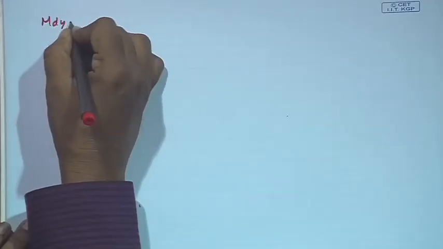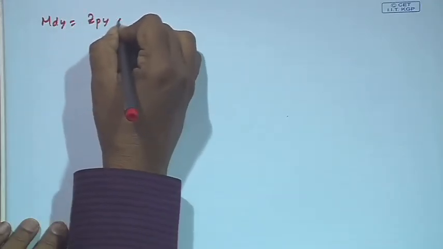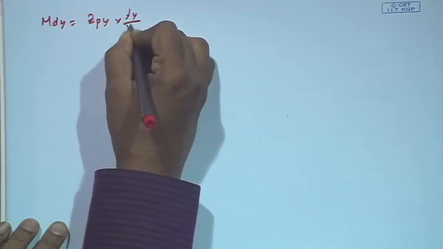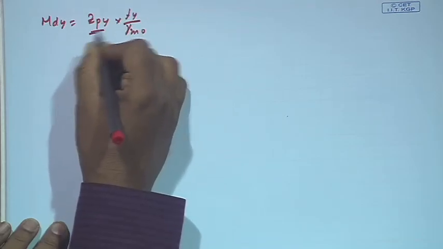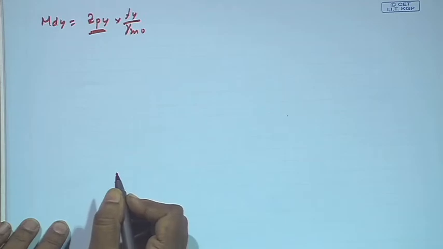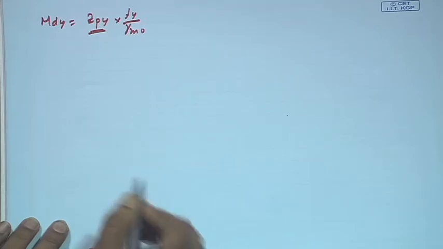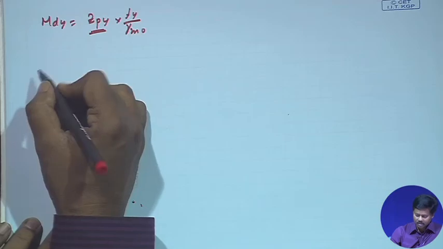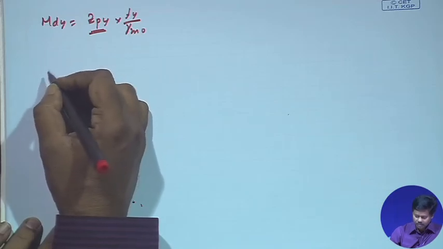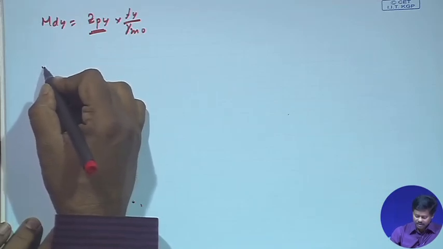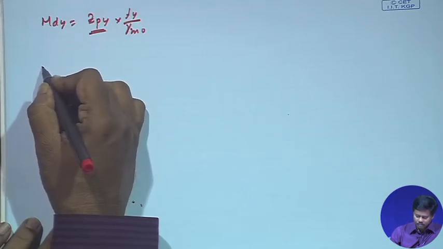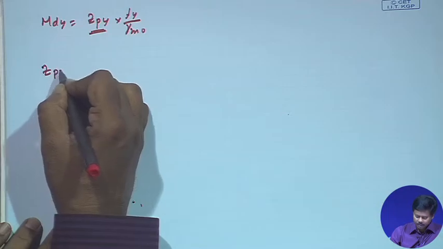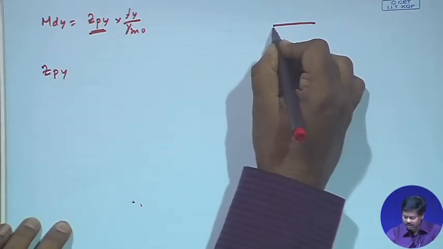right. To calculate the Mdy value, Mdy is equal to Zpy into Fy by gamma m0. So, we need to know the value of Zpy, right. Zpy we can calculate from the formula. The Zpy is the section modulus along yy. So, Zpy we know for an I section